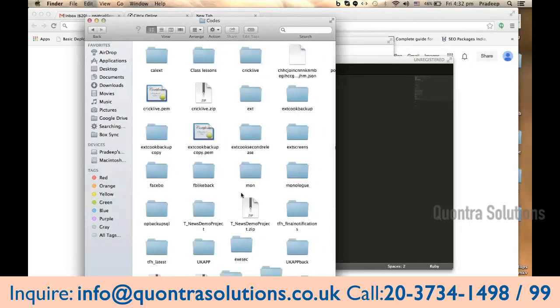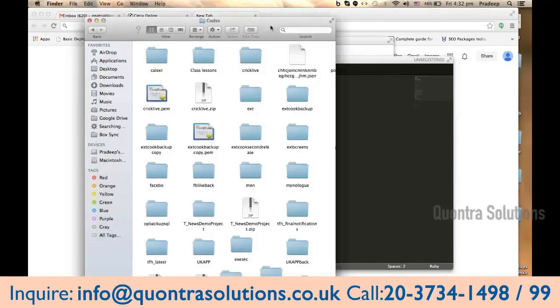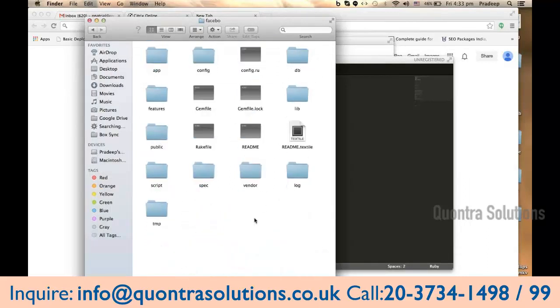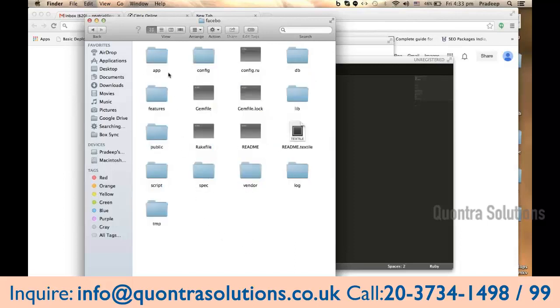So this is a language, right? I told you Ruby is a language. Using the Ruby language, you'll be developing some web applications. Web applications all follow the MVC architecture. So this is all your code, and it will be following MVC architecture. MVC stands for models, views, and controllers.